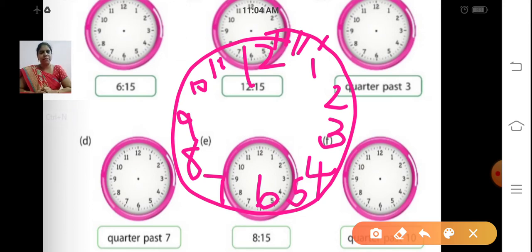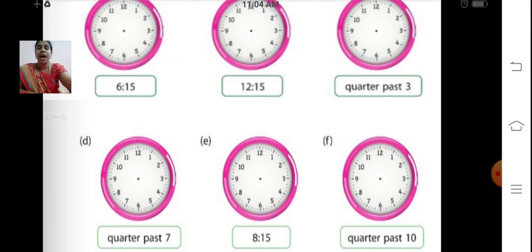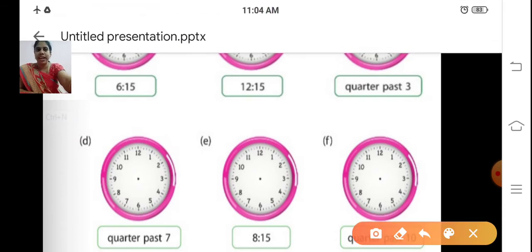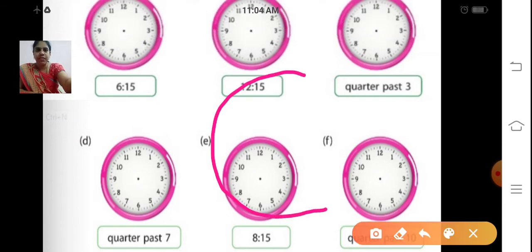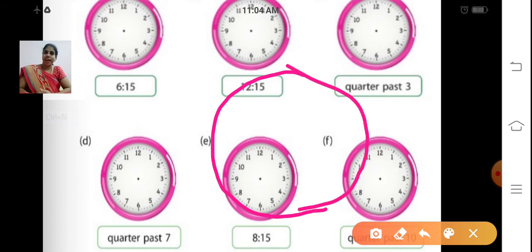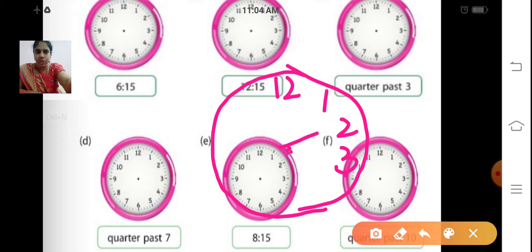So how will you calculate the minute? We know that if the smaller hand is at the bigger markings, we can say the hour. How will you calculate the minute then? Last class we saw, right? We have to see the longer hand. Now consider the longer hand is at 2 and the smaller hand is at 1. If it is at 2, how will you calculate the minutes? You multiply by 5.